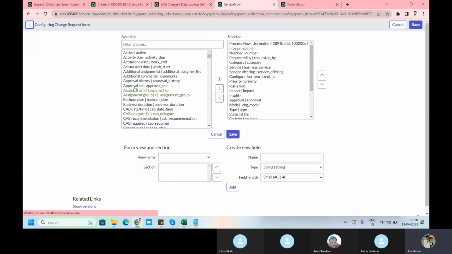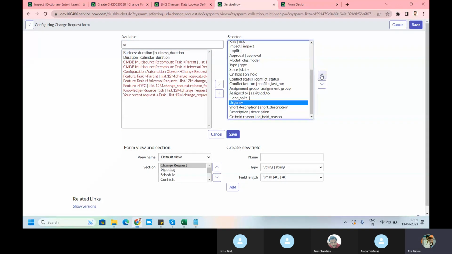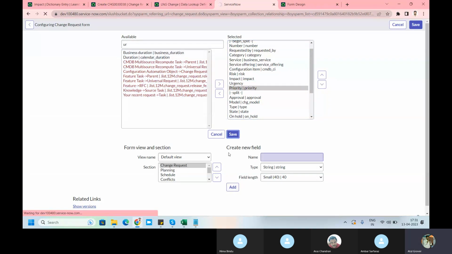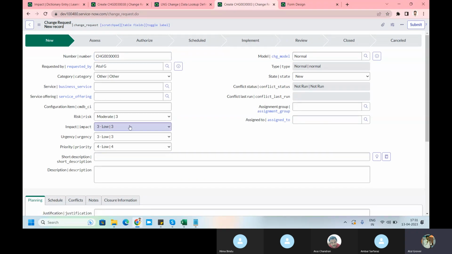Let me add the priority and priority is already. Let me add the urgency. And say hope this works. So what we say, if impact is 1 and urgency is 1,